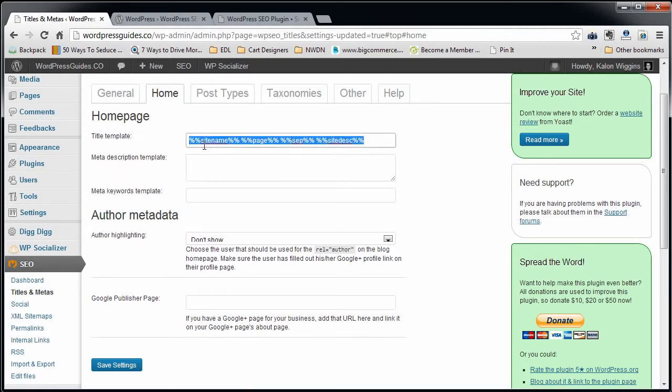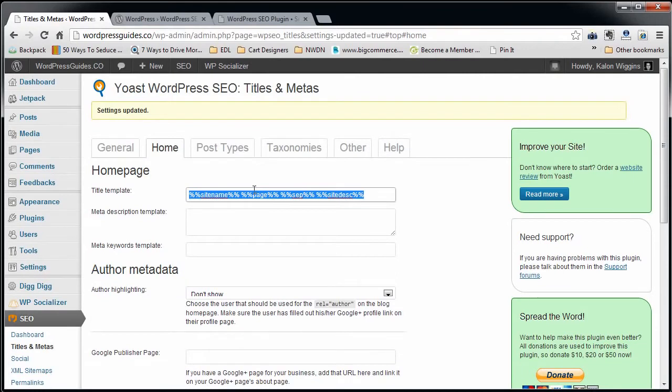Some of them will just give you a link that says click this link to set your home page settings on the home page. I think it probably depends on whether or not you're using latest posts as your home page. If you're using a static page for your home page, I think this will give you a link to your home page where you'll set it on the page itself, whereas if you're using latest posts like I am on this blog, it's going to have you set them right here. Now you see that it gives you